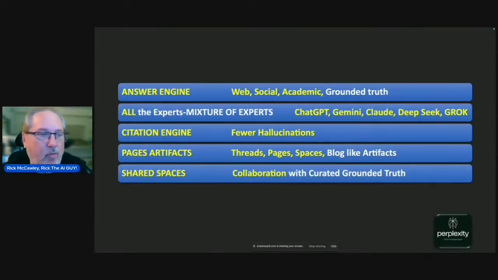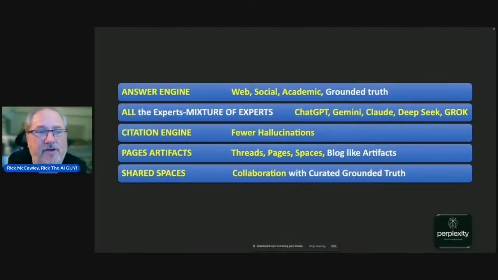Threads. You start with the thesis. You say, I want to find out everything there is to know about Nano Banana. And I want to have 12 videos to watch or 3 videos. And I want you to pull out the best information from all of those. And you ask one question and boom, you get these sequential questions followed by answers.